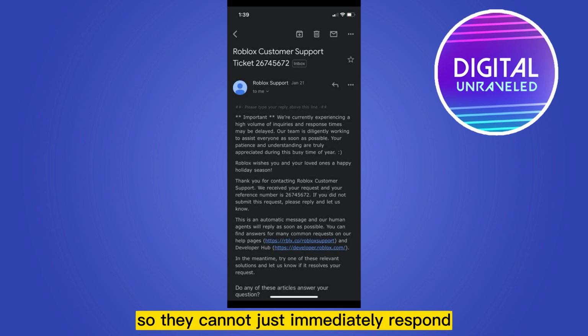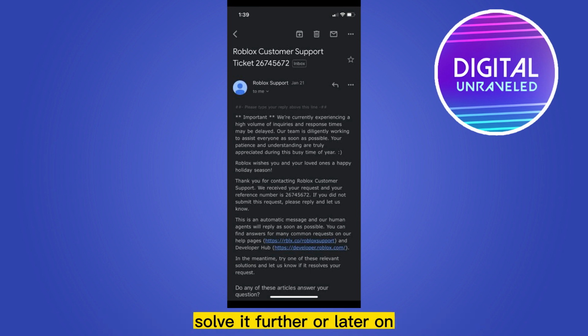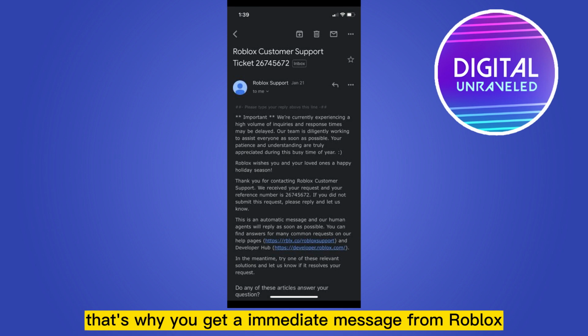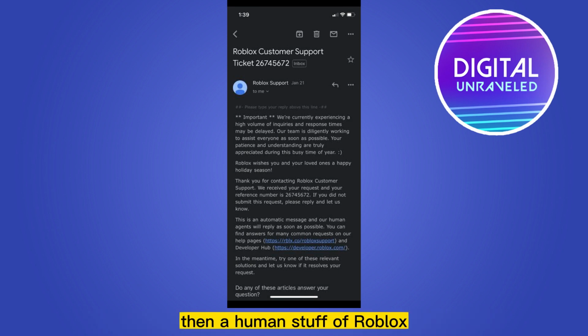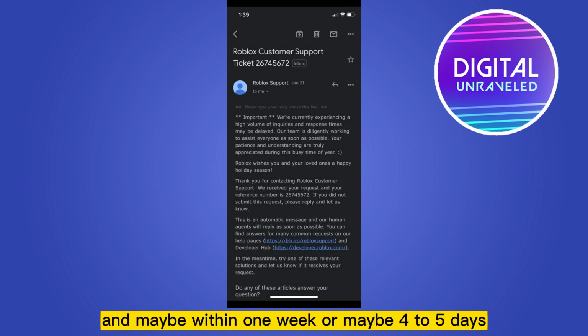so they cannot just immediately respond to your problem. That's why they immediately send you a ticket to solve it further or later on. That's why you get an immediate message from Roblox with a particular ticket number, which is actually your serial number for your problem. Then a human staff member of Roblox will take care of your problem, and maybe within 1 week